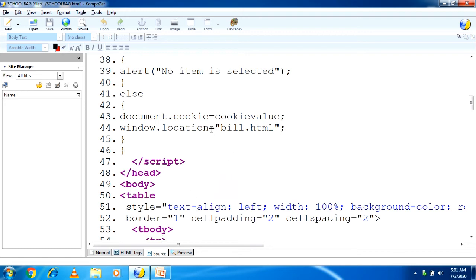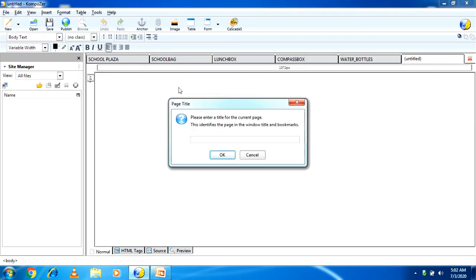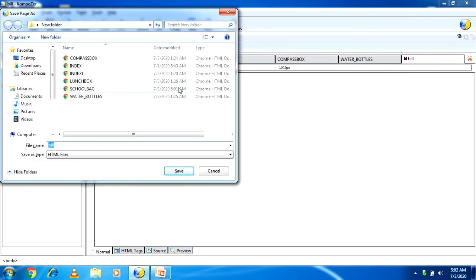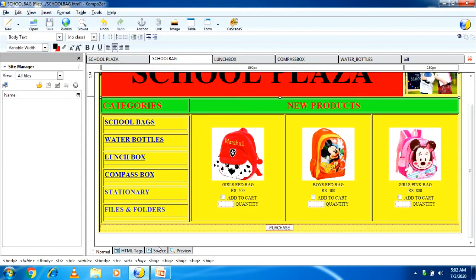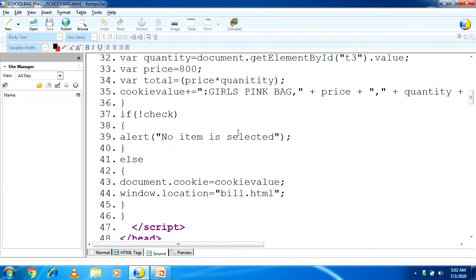Now we have to create the second page, that is the bill page. For that, go to New and save this page with the name bill. The page name must be the same, bill, which we wrote in the school bag JavaScript, and the cookie value spelling also has to match.